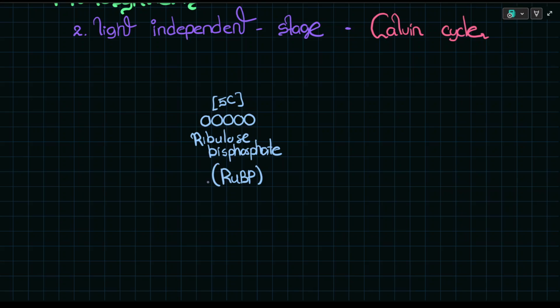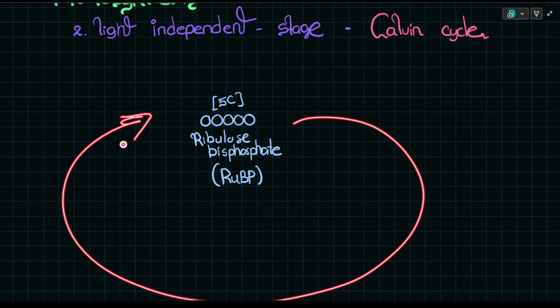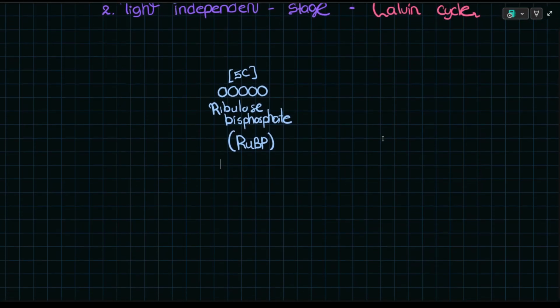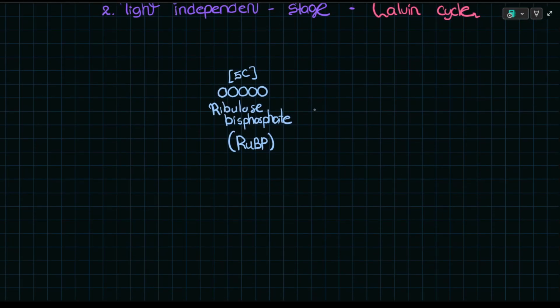When it comes to cycles, you have to find a starting point. It's sometimes hard. So for the Calvin cycle, I recommend you use this as your starting point. Right, so then what happens? This ribulose bisphosphate